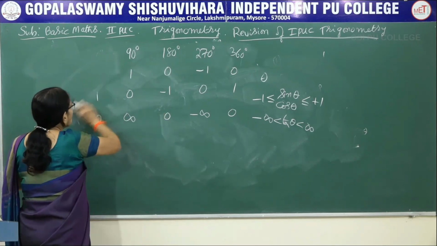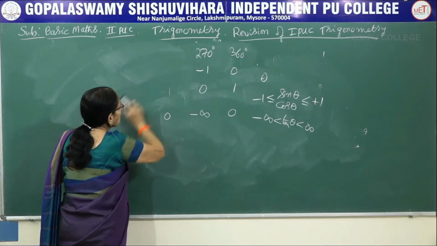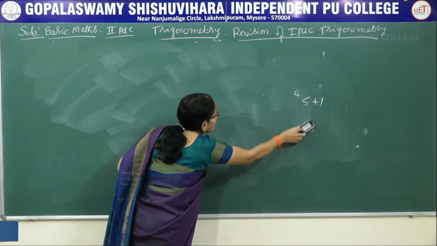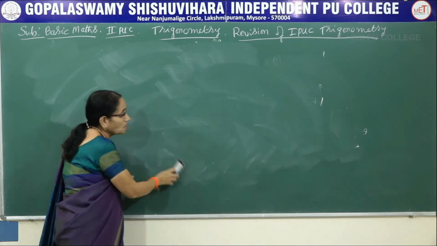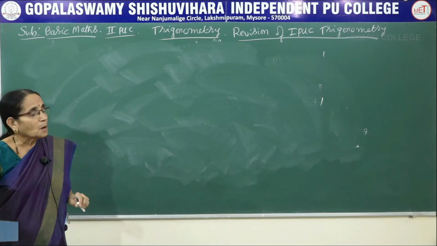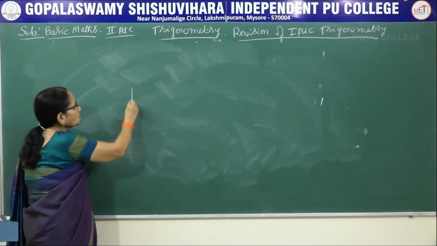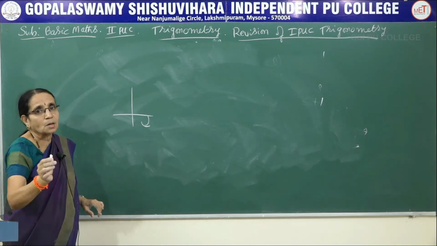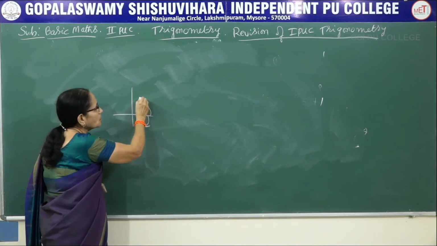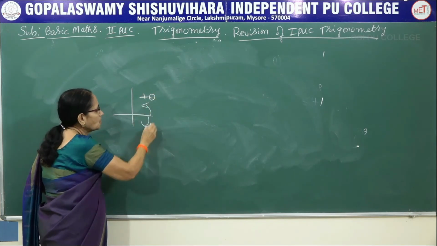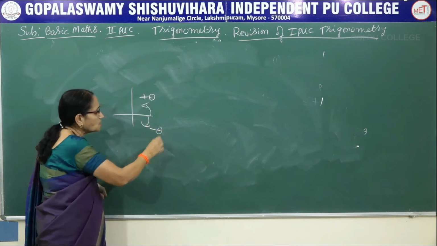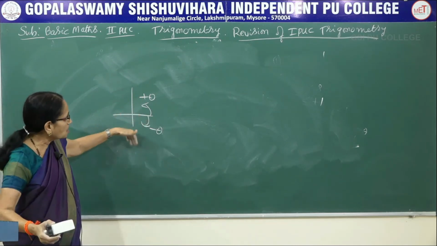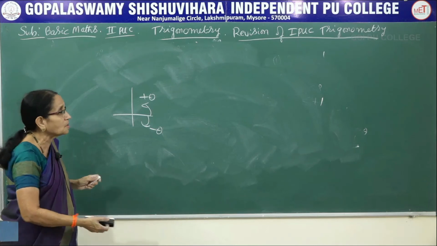Now one more piece of information. Here I had considered the angles only as positive values. Now you know the rule: when the angle is measured in the clockwise direction, we take the measurement to be the negative of that number. If you measure in the anti-clockwise direction, it is plus theta. If you take it in the clockwise direction, it is minus theta. Anything in the anti-clockwise direction is positive, and anything in the clockwise direction, in mathematics, we take as negative.